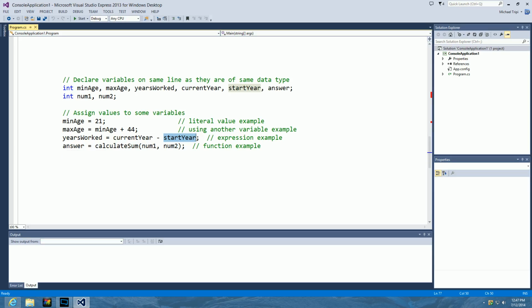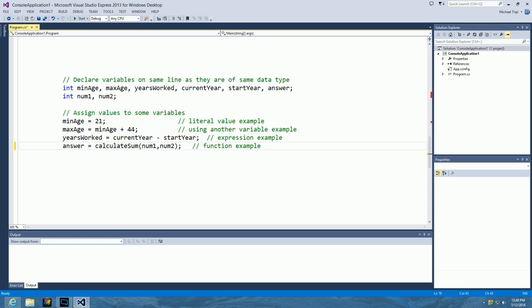And the last example is just showing the use of a function called calculate sum. This function has been designed in a way that when you pass in two variables, which are called input parameters or arguments, and they're num1 and num2, you separate each parameter by a comma, and the parameters are enclosed within an open and closed parenthesis, and that follows the function name directly. So what we've got here is two variables that are passed in, num1 and num2,